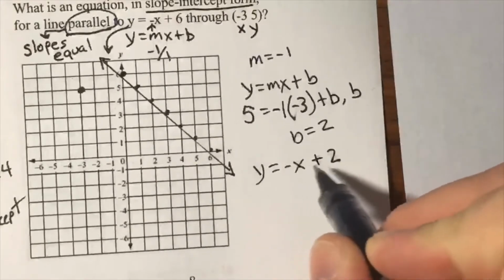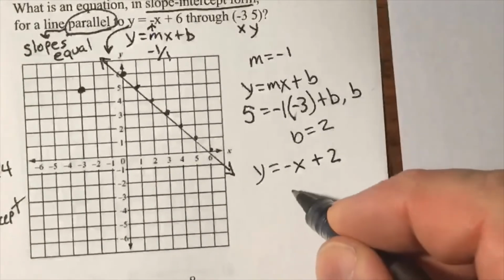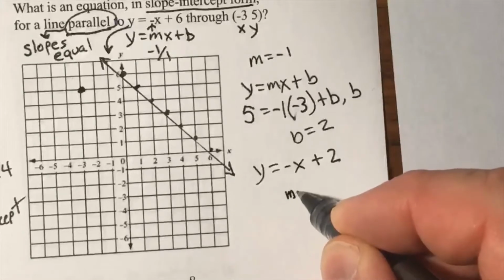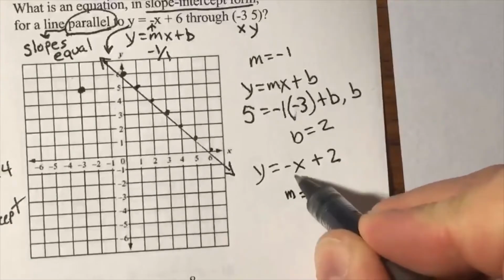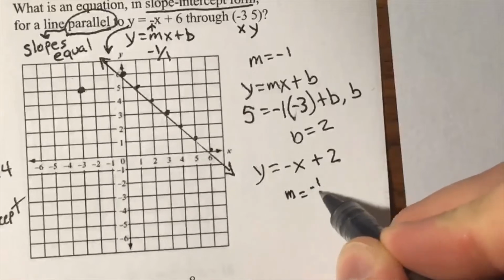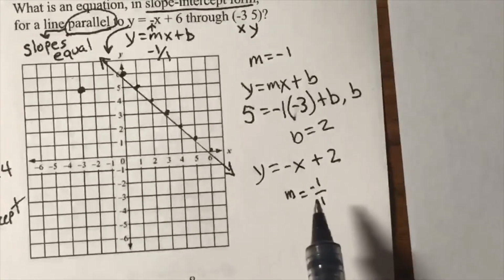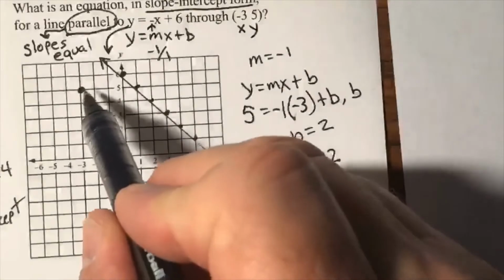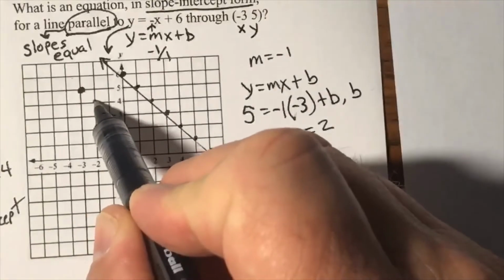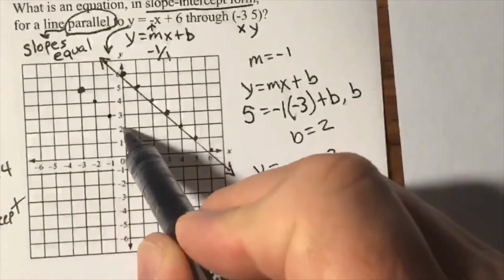My new line has the same slope, -1. I'm going to put that over 1 so I can do my rise and run, just to remind you that I will do the same pattern: down 1 over 1, down 1 over 1, down 1 over 1,